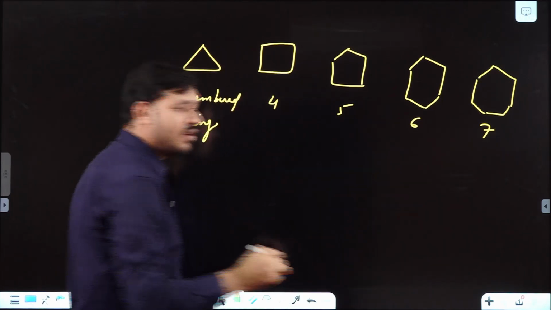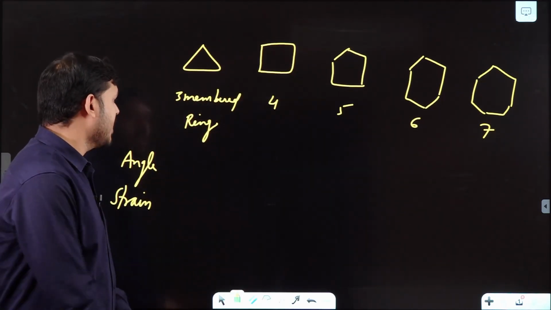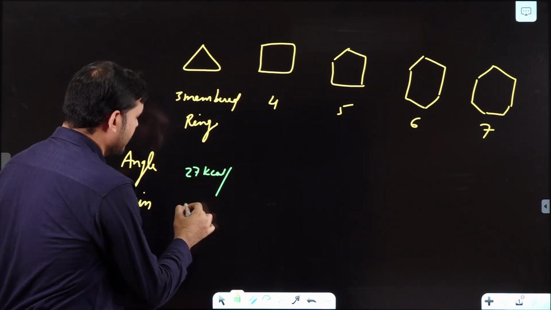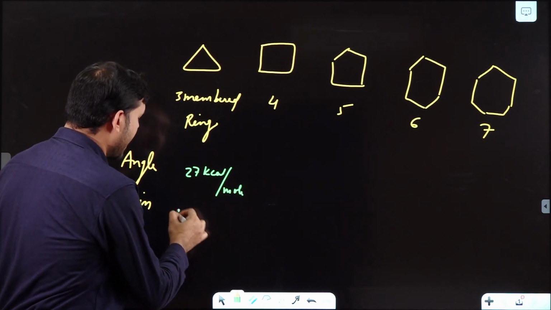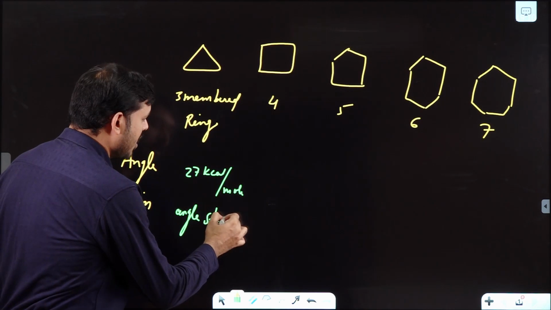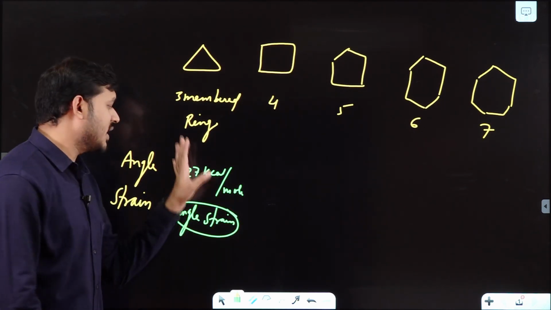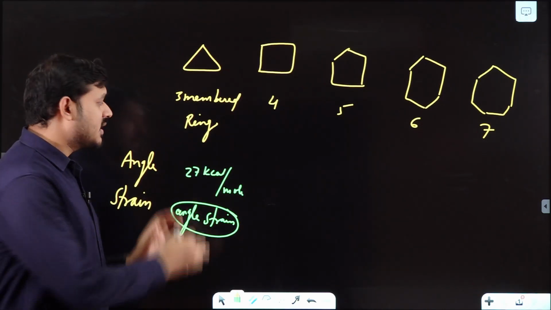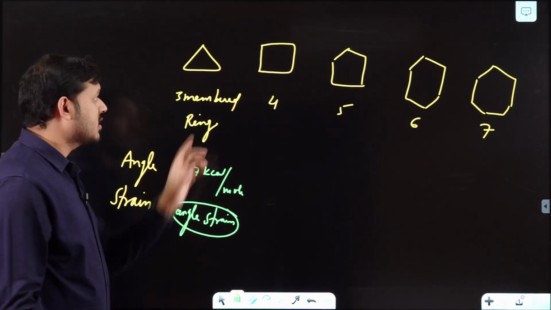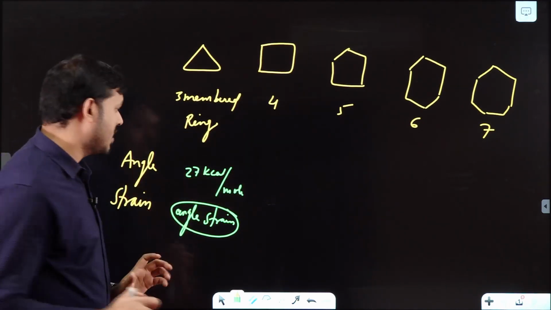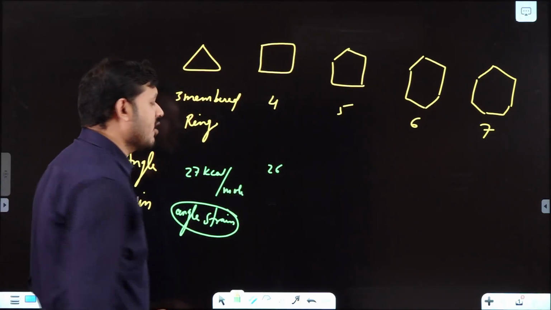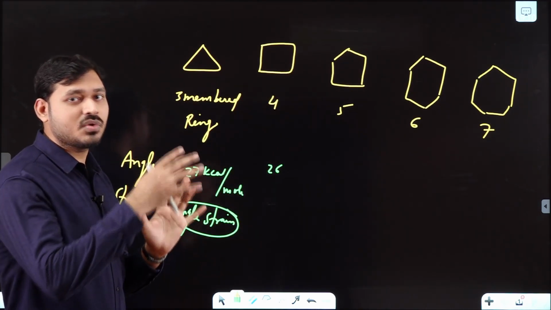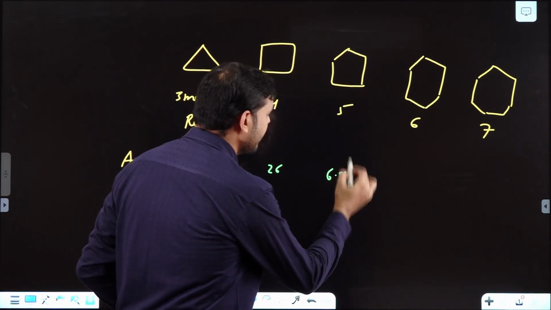If I have to say the general case, then a 3-membered ring has approximately 27 kilocalorie per mole of angle strain. Okay, a rough figure I am telling you, approximately 27 kilocalorie per mole angle strain. Now when we talk about a 4-membered ring, this angle strain is decreased because the ring becomes relatively more stable. So this is approximately 26 kilocalorie per mole. Okay, but when you come to a 5-membered ring, the strain decreases to a very large extent, approximately 6.5 kilocalorie